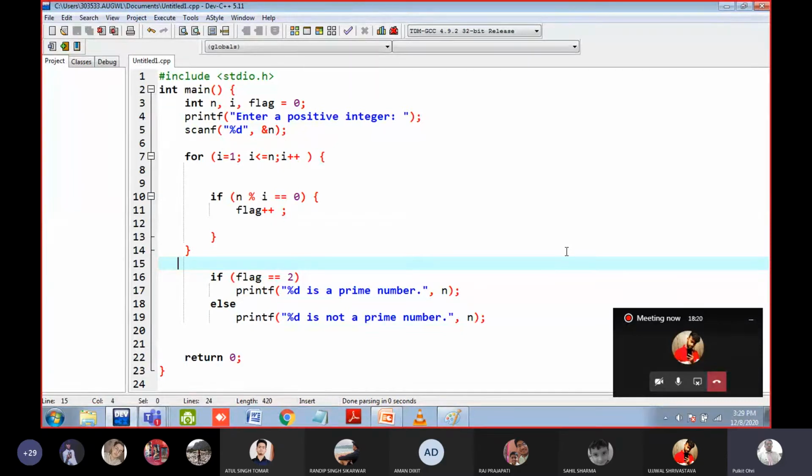What you can do, open the compiler and write the code by yourself. If you are not able to write the code, then you can check out my code. But do not copy the code from my screen. Don't do it. Write the code by yourself. You will get some error, then I will try to fix it. Just read the code, understand the code, then type the code by yourself without seeing it. And if you get an error, then you can match the code with my code.